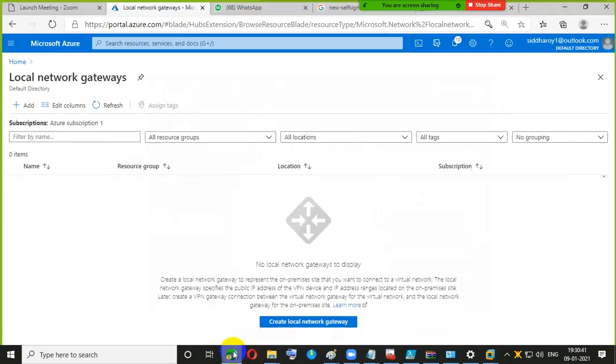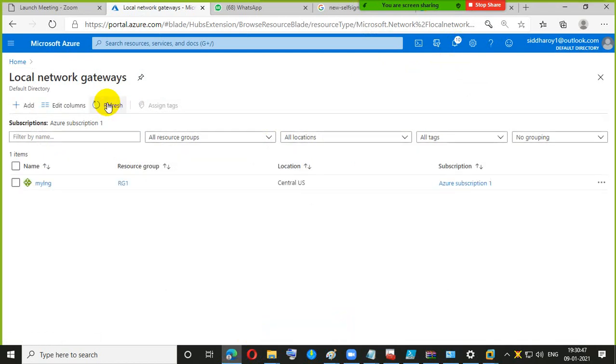So let's go to the local network gateway again. Is it still there, or should I refresh? Yes, perfect. So my local network gateway is already there. Now I have to go to my virtual network gateway again.